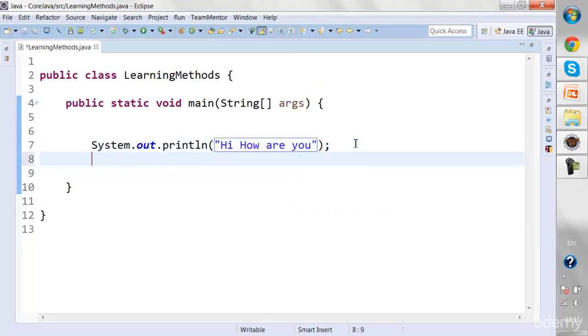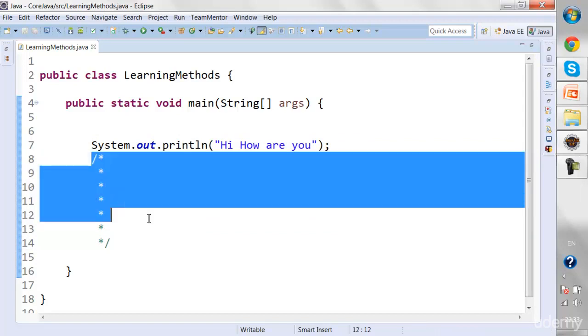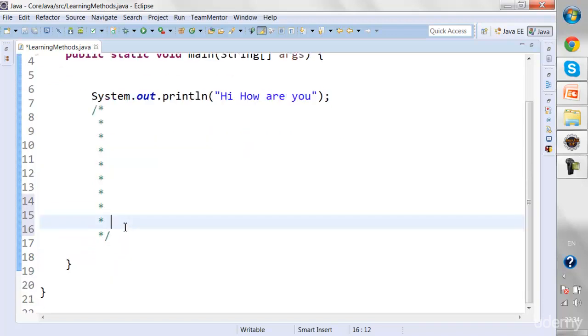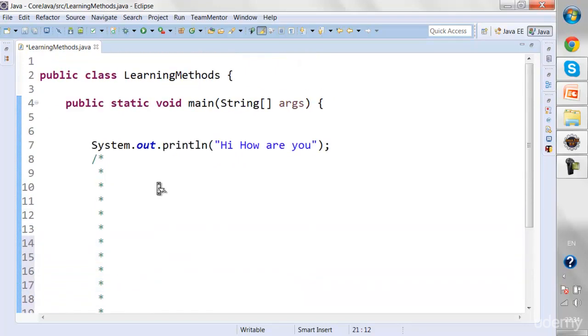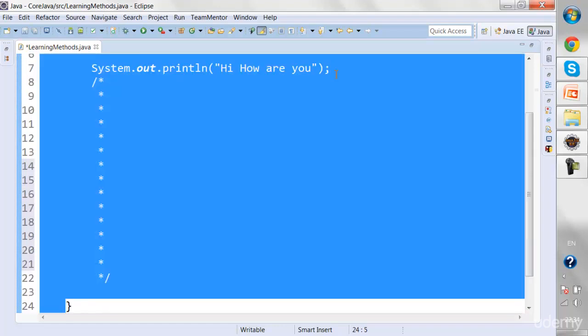Now I can write like 1,000 lines of code over here, right? But let's say I've written a program to add two numbers, right? Then I've written some other piece of code. Then I again want to execute the addition of the same thing. So I again need to write the same piece of code again, right? So n number of times, if I want to execute the addition, I need to write the same piece of code again, because I am inside one main method,